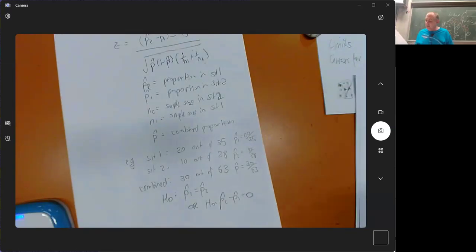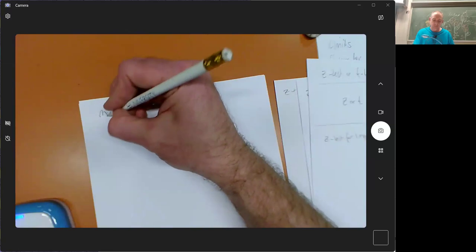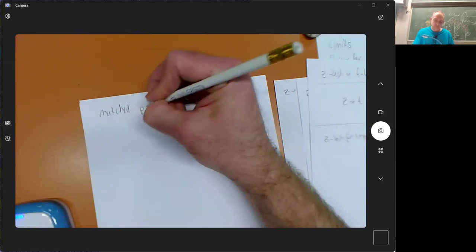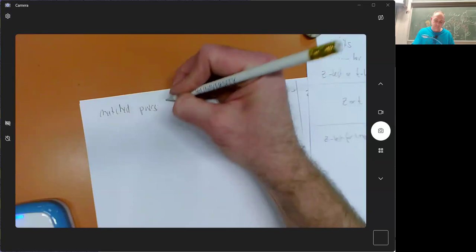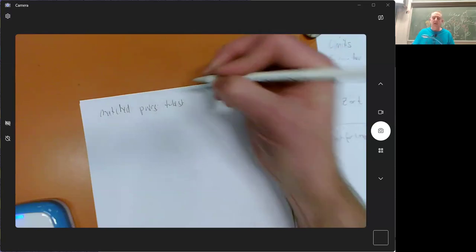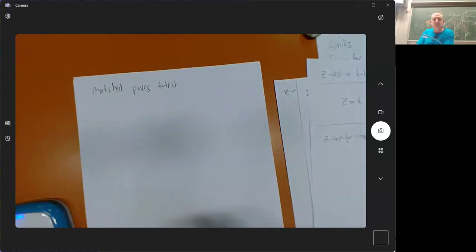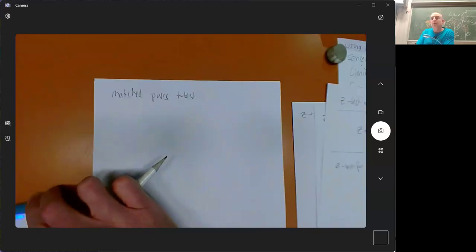Have I got all the Z's and T's yet? The matched pairs one, that's the last one. Now, your matched pairs t-test is an extremely special case, because